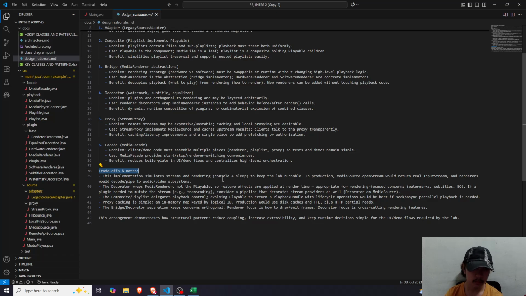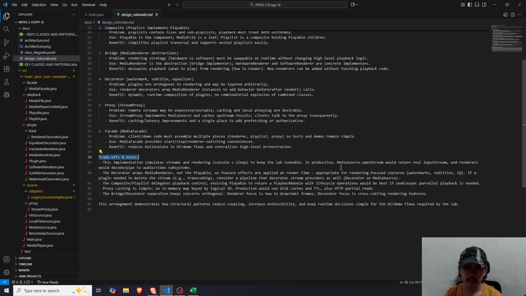The decorator wraps the media renderer, not the playable, so future effects are applied at render time, which is appropriate for rendering-focused concerns. If a plugin is needed to mutate the stream, such as encoding, consider a pipeline that decorates stream providers as well as a decorator on media source.